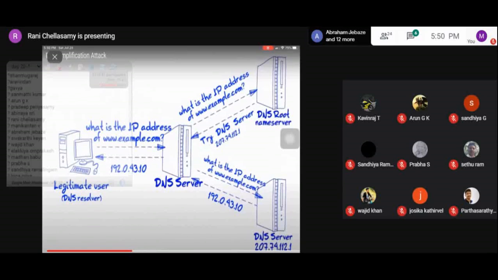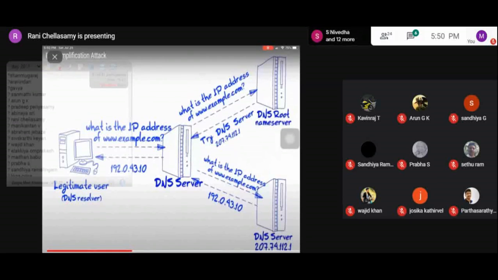So the request will be forwarded to the corresponding DNS server. Okay. Then the corresponding DNS server will get the reply and send the corresponding IP address of the example.com, and it will be sent to the corresponding legitimate user. Okay. This was the functionality of the DNS resolver.